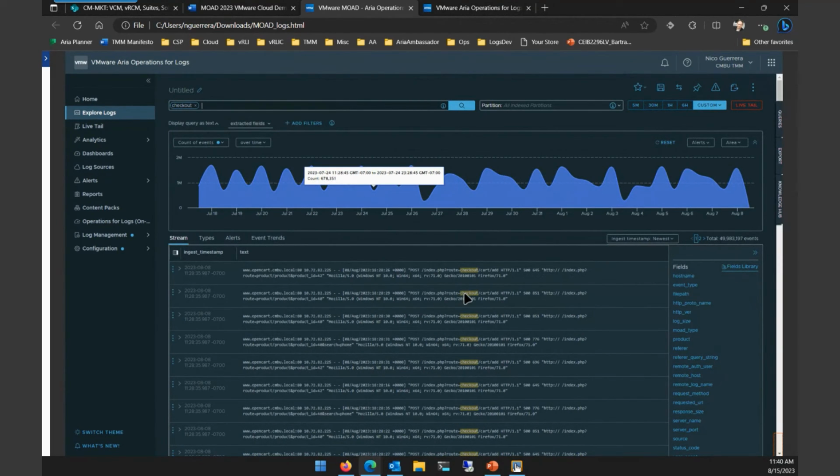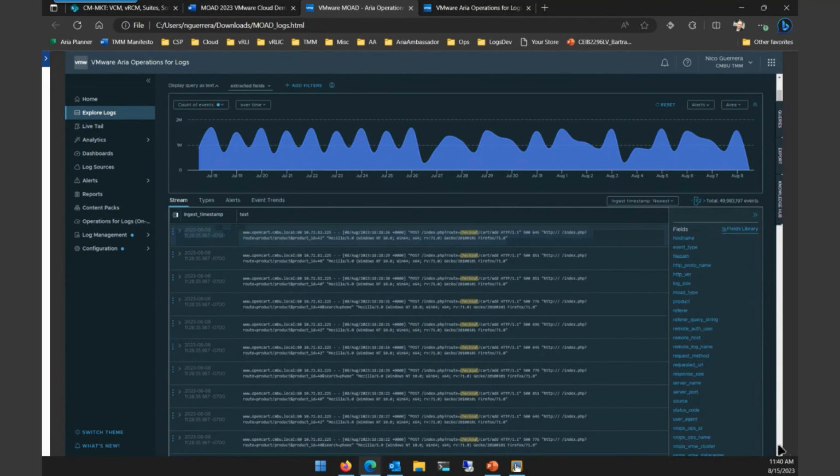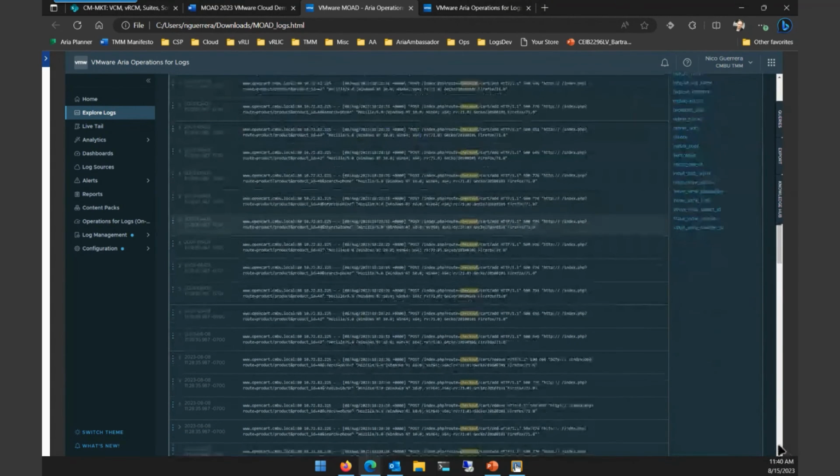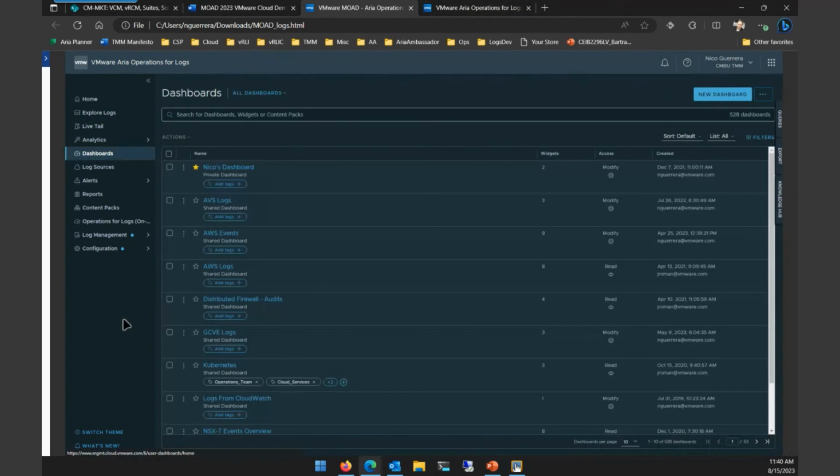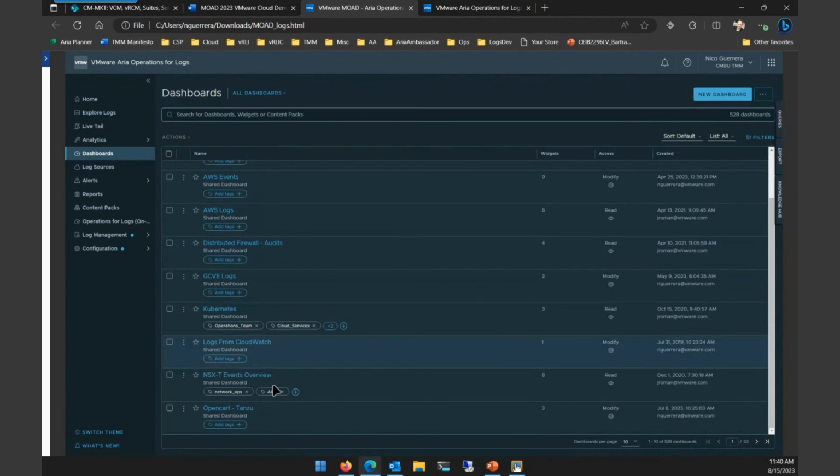There was a post where someone went to the checkout and they added something and they checked out properly. So we have that, and we can scroll down, of course, and we can see all of these individual log streams, not super useful. If you want to make it a little more useful, we just go to our dashboards. And I've created a dashboard with all of those OpenCart